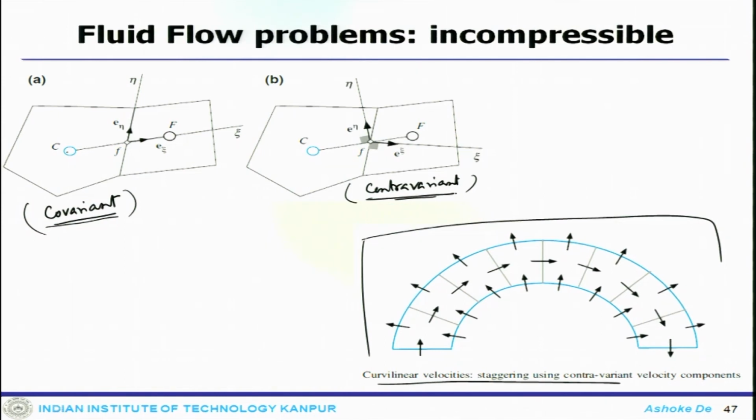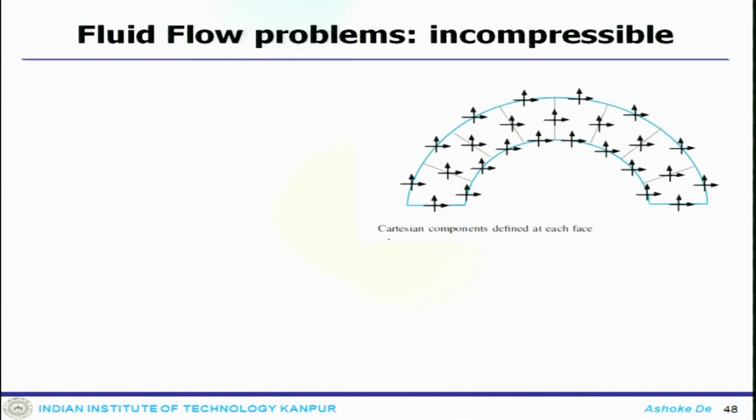Now, especially this can lead to a problem in the discretization of diffusion term. So, another alternative one can think about is to stagger all Cartesian velocity components in all directions, so as to have all velocity components at all faces. That would double or triple the dimension of the equations to be solved.